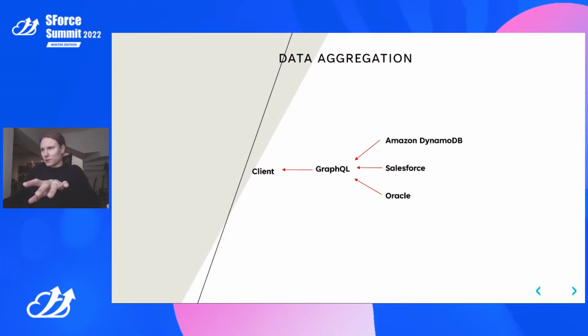Okay. Another idea behind GraphQL endpoints is data aggregation: the idea that we can fetch data from different data sources into one data model, stitch it together in a so-called schema, create relationships between otherwise unrelated objects, and expose the schema to consumers of the API. I don't want to get too technical,